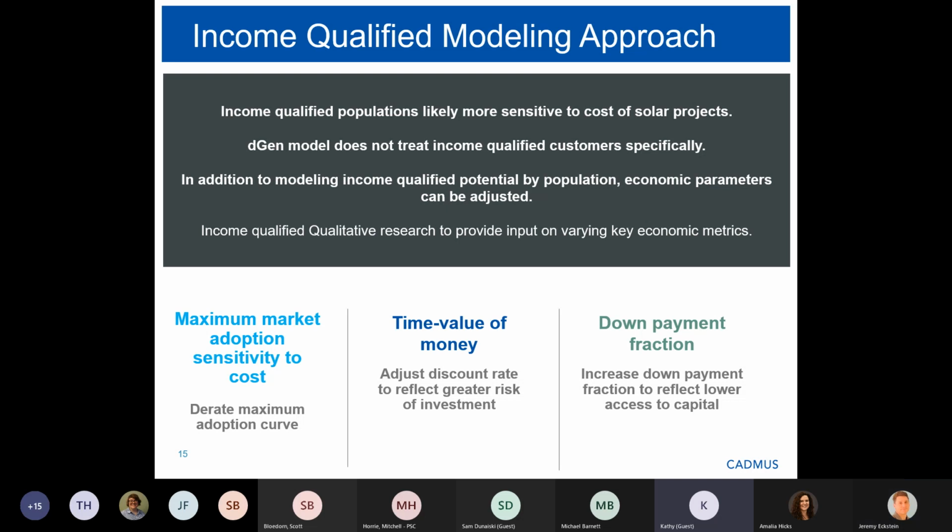So the reason I'm asking about this is I'm thinking about the energy efficiency potential study where the stakeholders were all weatherization providers, and so focused on a particular segment of that income qualified, but not necessarily the 60 to 80% of median income, which might be the group that has. So